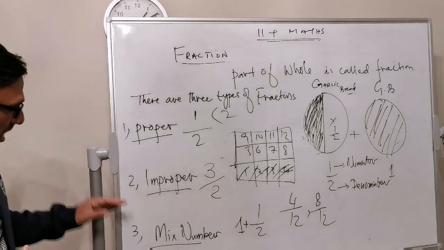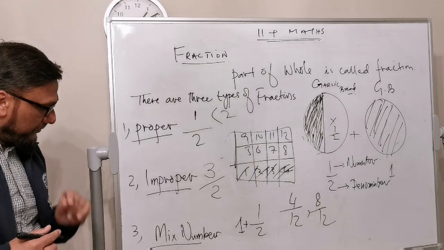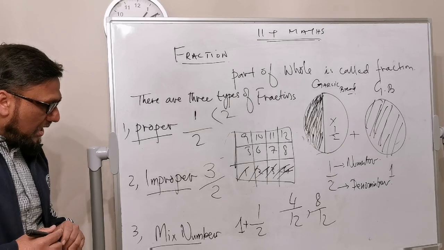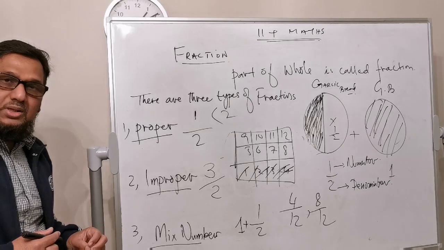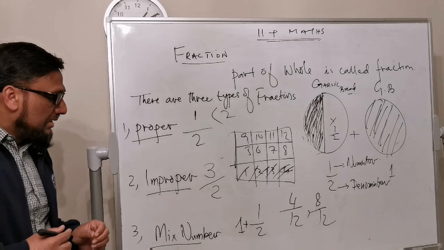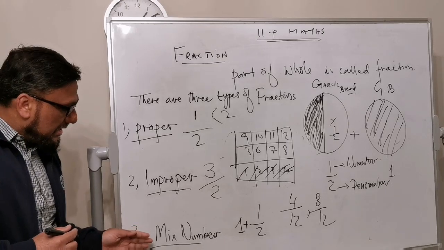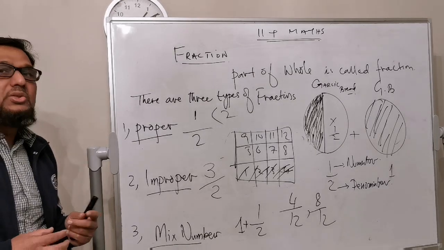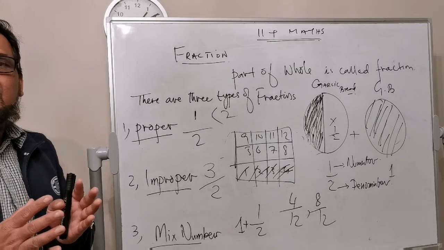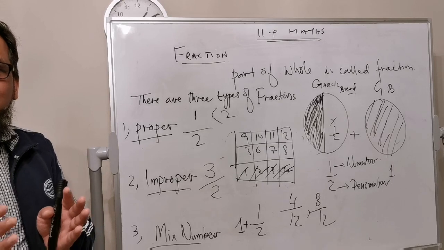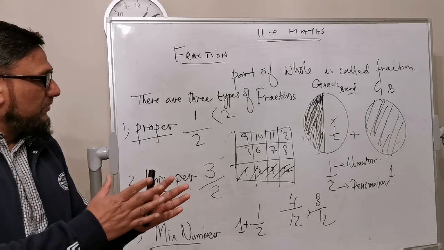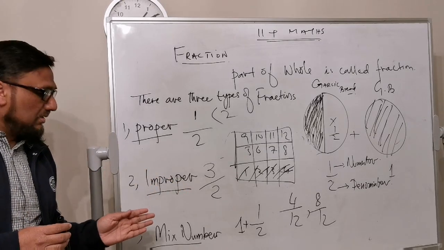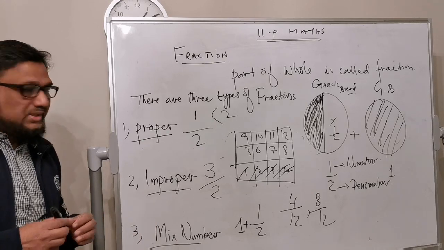And the last type of fraction is called a mixed number. A mixed number is a kind of fraction where you combine a whole number with a fraction. For example,